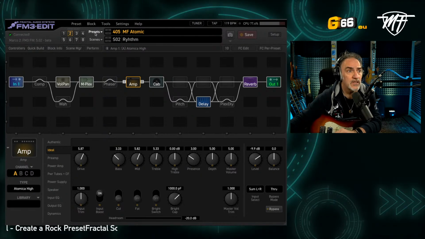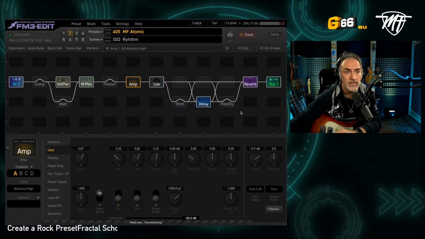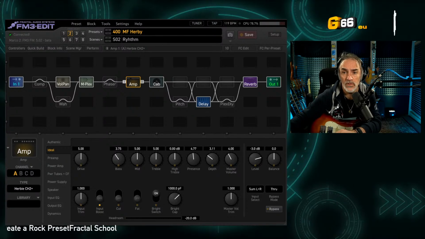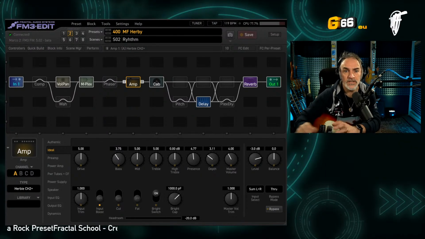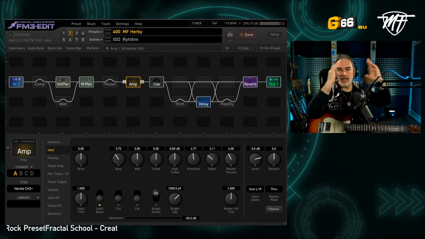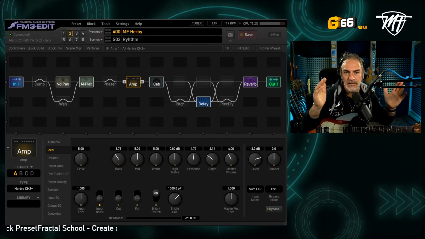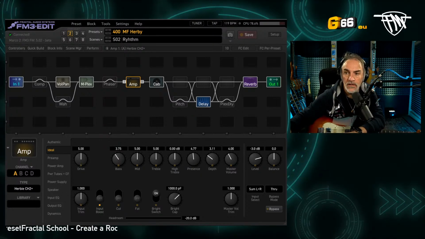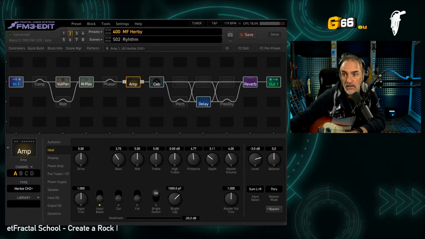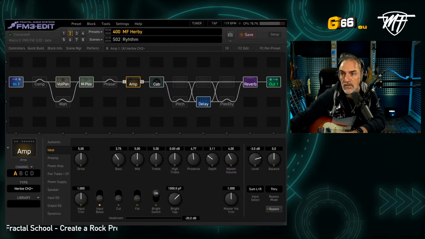The last preset I'm using is the Herby, for example. This is the preset that I usually use on my live gigs. It's a preset tested on the live gig and also on recording. I would like to, for example,